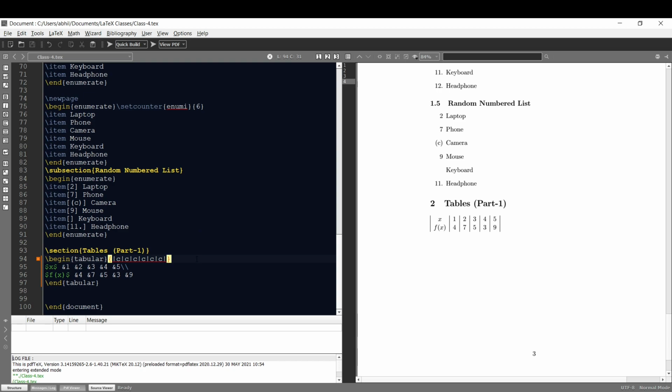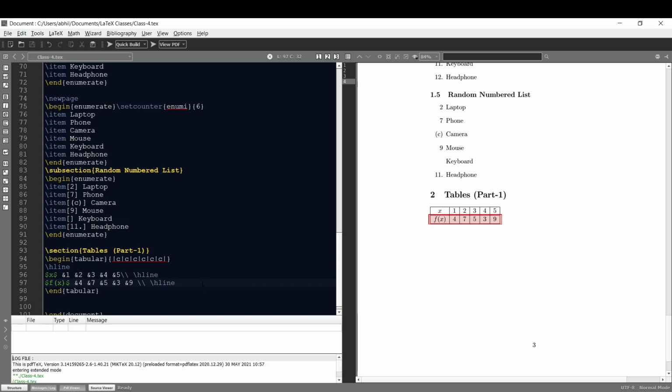First, I will use the \hline command here before the x row. Now I will put another hline command after the x row, and finally another hline command after my fx row. Now when I run this, you can see that my table is complete.